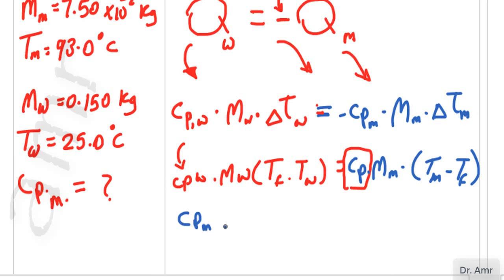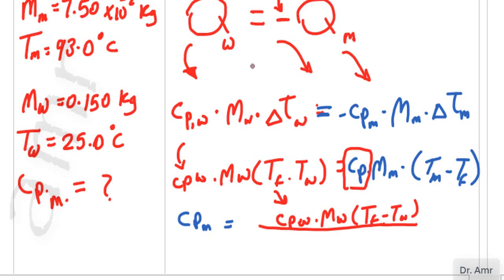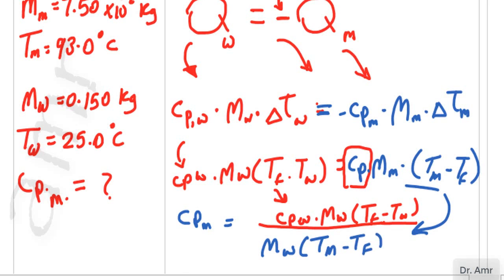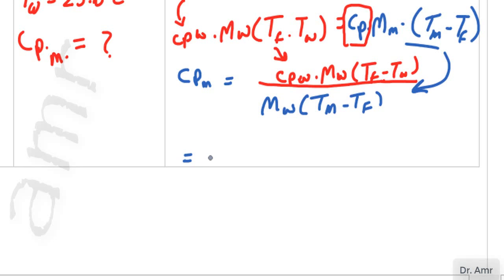CP of the metal equals الجزء ده كله، CP water times mass of water times T final minus T water, divided by the right hand side, mass of metal times T metal minus T final. يعني تساوي 4186 times 0.150 times 29.0